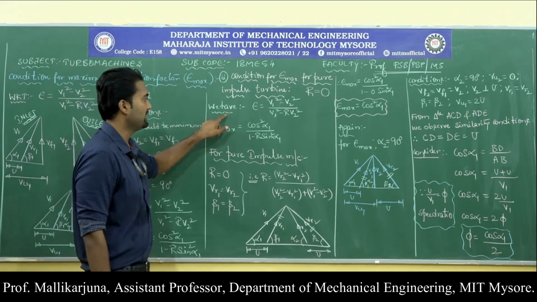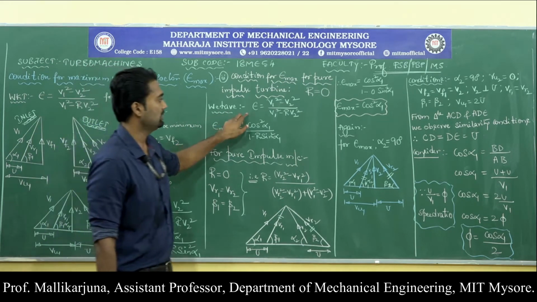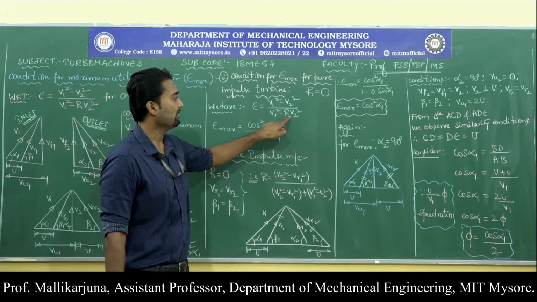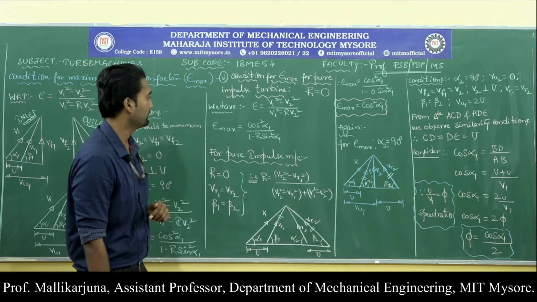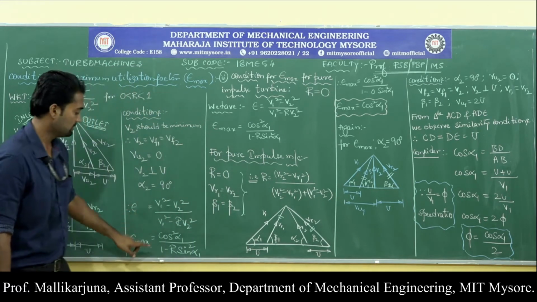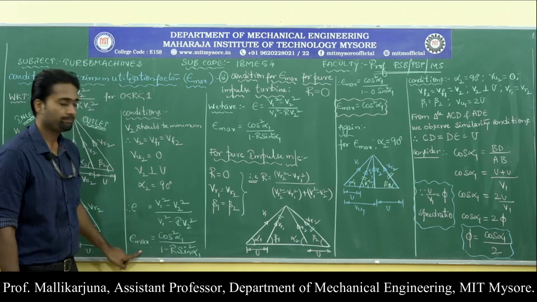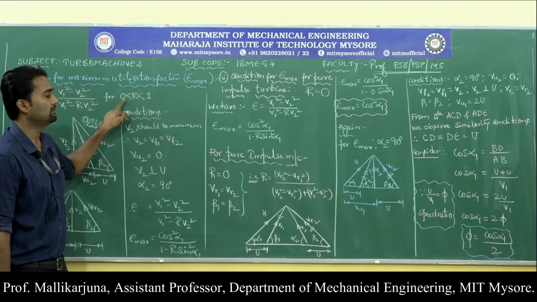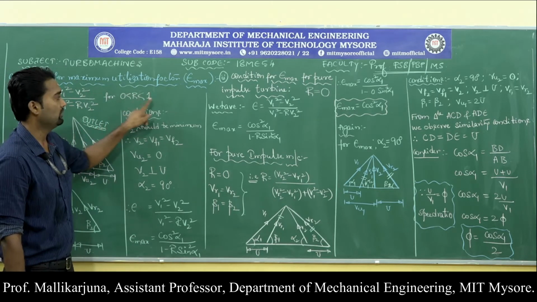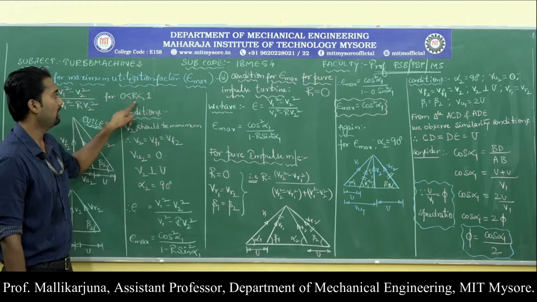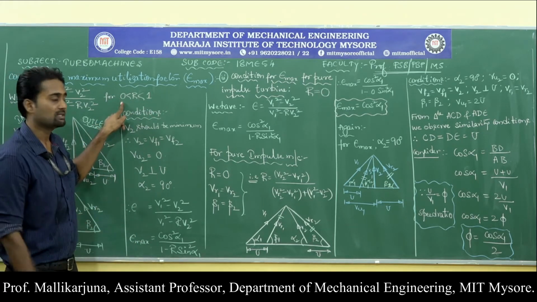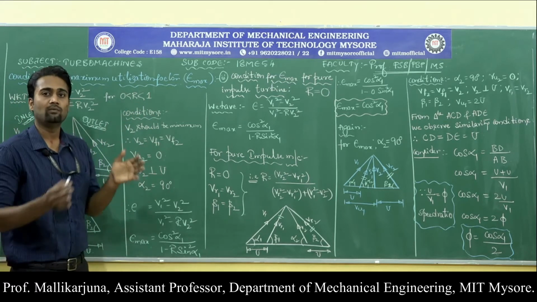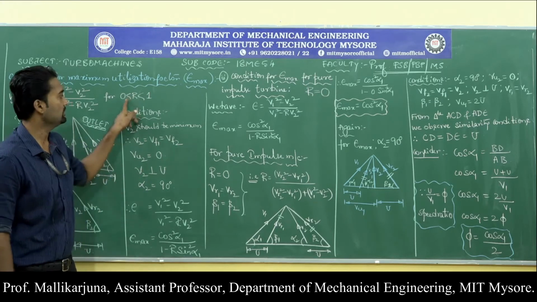We know the basic equation for utilization factor is V1 square minus V2 square divided by V1 square minus R times V2 square. Now, in the previous case, let us look at the condition we have derived. This condition is applicable for R in between 0 and 1. I can take this condition for a turbo machine having R value 0, or R value 1, or turbo machines whose R lies in between 0 and 1.